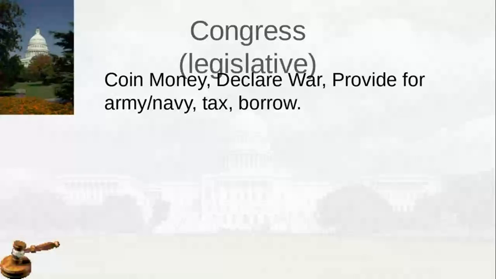The first is about Congress, second is about the executive branch and the president, third is about the judicial branch and the Supreme Court. The first one talks about the legislative branch, and the United States Congress has some specific powers. And some of the big ones include declaring war,